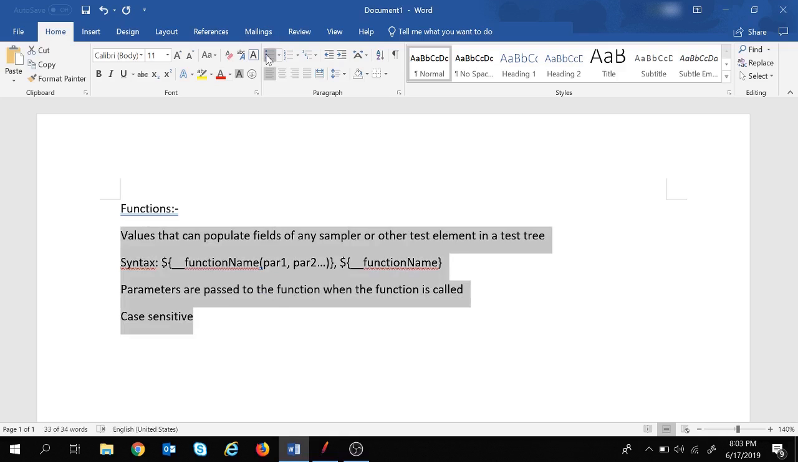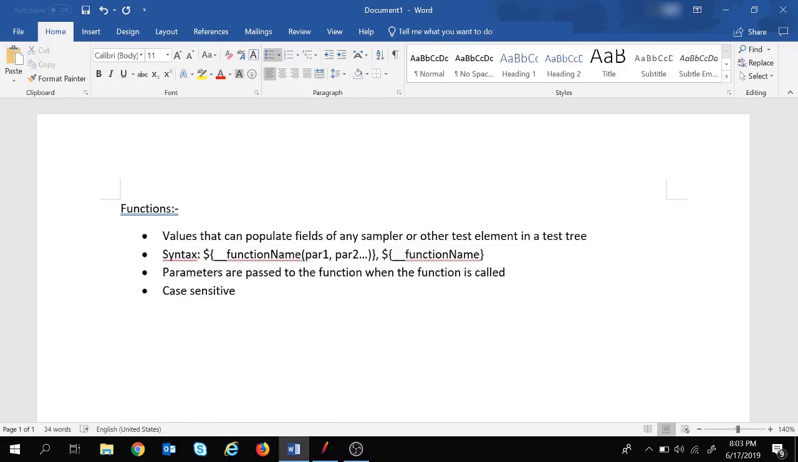Now before moving into detail on the functions, let's also see what variables are in JMeter. Variables are containers which hold a value. Suppose you have assigned a value to a variable and in future you want to use that value. How will you use that? You can call that variable which contains that value. So I'm going to write: variables are containers